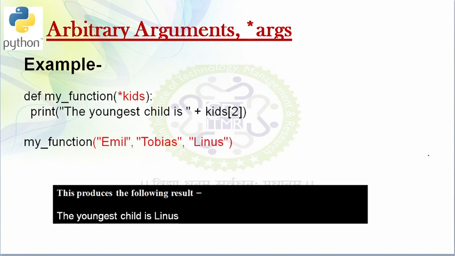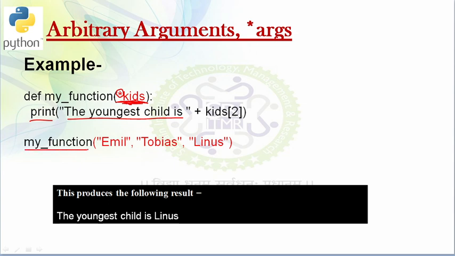So here I have defined one arbitrary argument as *kids. Before the variable name kids I have used this asterisk mark, and it indicates that this is going to be my arbitrary argument. And from this function I'm printing the youngest child name. Let's see how it will work.